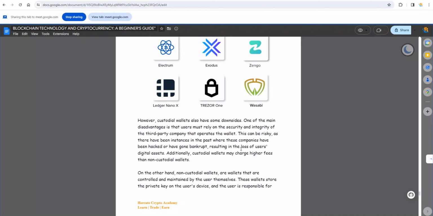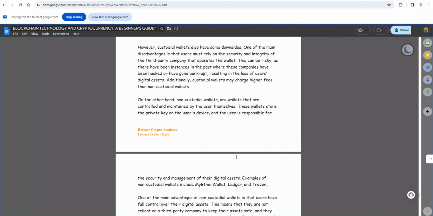Now let's look at non-custodial wallets. They are wallets that are controlled and maintained by the user themselves, you yourself. These wallets store the private key on the user's device, okay? And the user is responsible for the security and management of their digital assets. Examples of non-custodial wallets include MyEtherWallet, Ledger, Trezor, Trust Wallet,